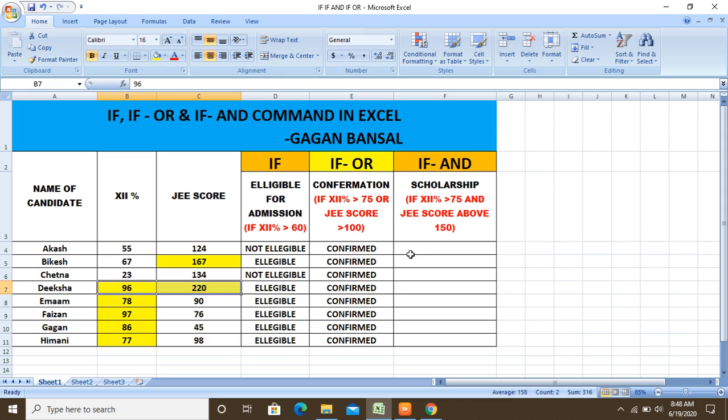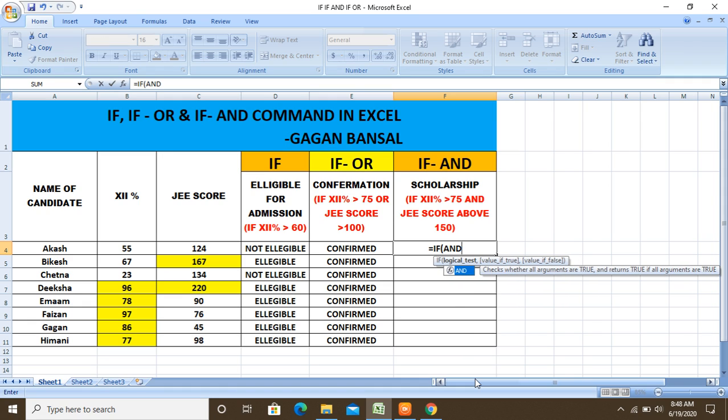So for that particular case we have a formula, that is IF AND. The syntax goes like, we'll type equal to, then IF, bracket open, then AND. Again we can see the hint it gives: check whether all arguments are true and return true if all arguments are true. That means if one of the arguments is not satisfied, it will give us the false value.